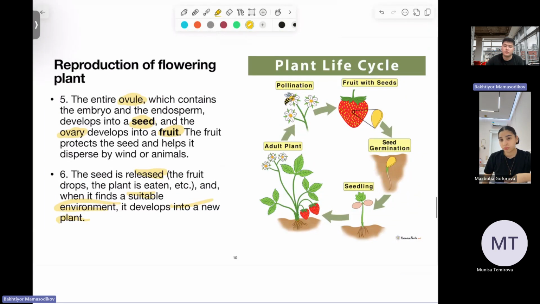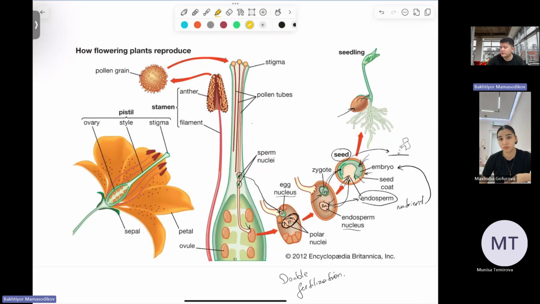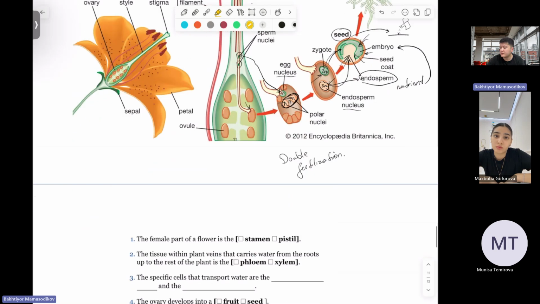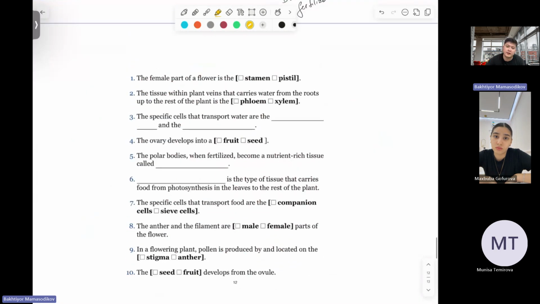We will only focus on those parts of the plant, and this is also the explanation part. So we covered everything here, I guess. Everything is covered here, and this is actually for the assessment purposes. I made the questions. You can solve them as well. So let's